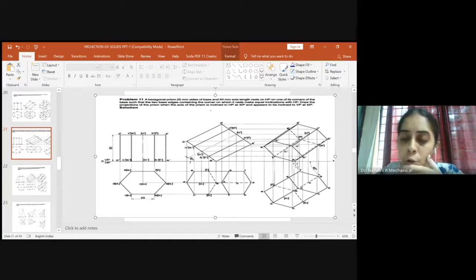So once you draw the outer boundary, next you have to consider which is hidden and which is visible. When the observer views from here, this entire surface will be visible. Okay, so the observer is viewing from this direction. So you will darken the other sides of this surface. You will join E1 dash to D1 dash, D1 dash to C1 dash, C1 dash to B1 dash, B1 dash to A1 dash.